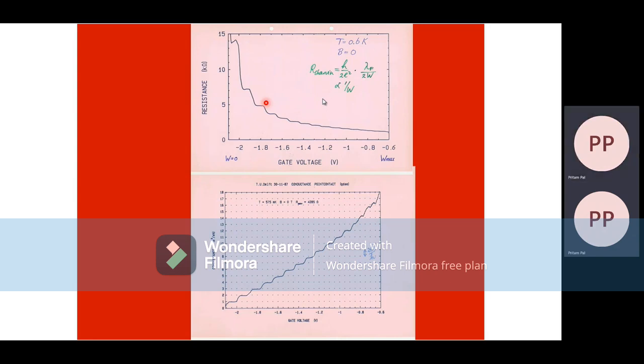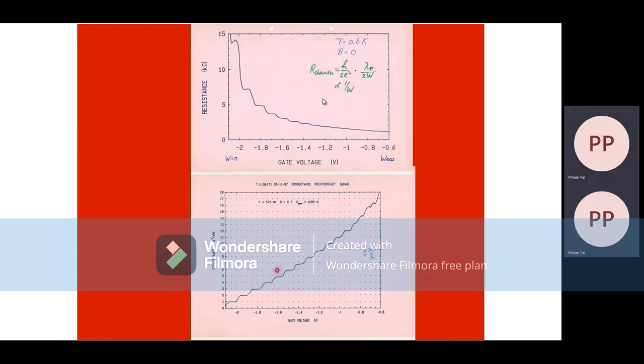There were steps that you can see of increasing resistance, and they increased not in integer quantized values of the resistance, but when the curves were inverted, and instead of resistance they plotted the conductance, the inverse of the resistance, basically called the conductance,